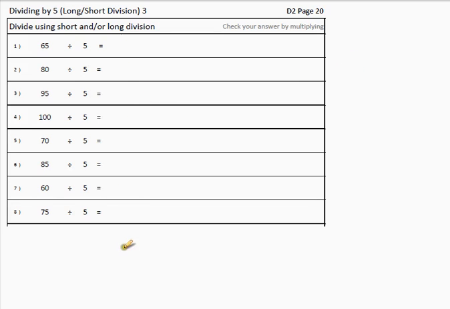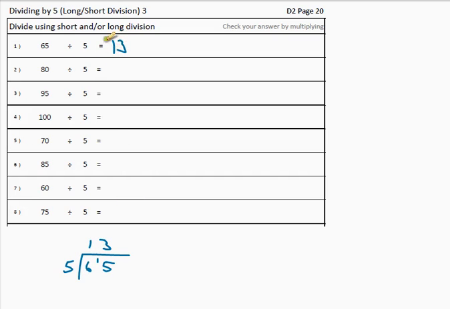Now we've got our divisions here mixed up. In other words, you will have to do these on your own then. 65 divide by 5. I do recommend practicing the long and short division here. 5 goes in 6, 1 remainder 1. 5 goes in 15, 3. So my answer is